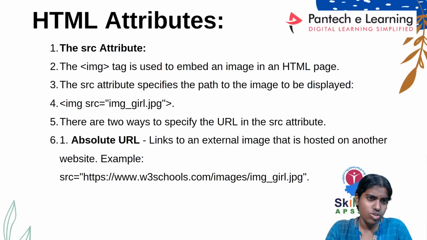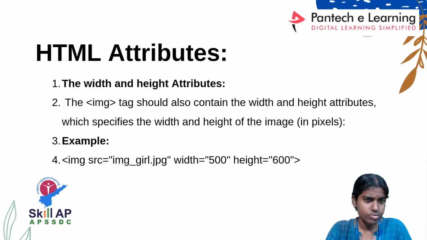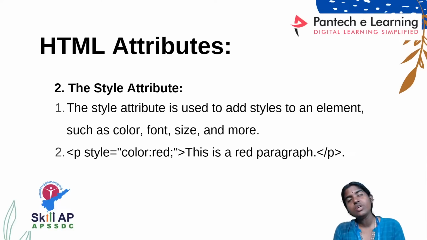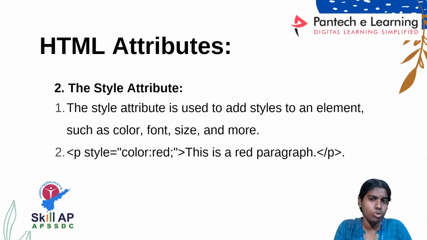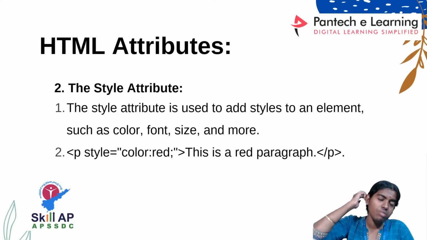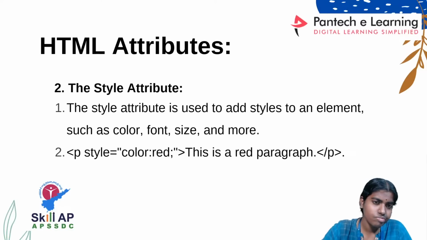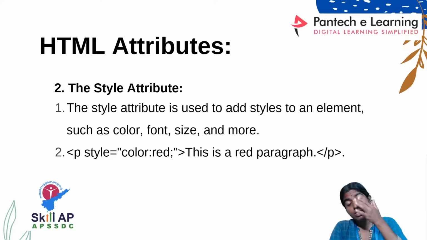I can go for the a href attribute, image source, paragraph and style attribute. What is the use of this style attribute? As I was telling you, the entire hypertext markup language is based on tags and attributes. Everything is based on tags. For example, I can go for header tags. If I want to include some paragraphs, I can go for paragraph tags, or if I want to insert some line breaks, I can go for the BR tag and style attribute.